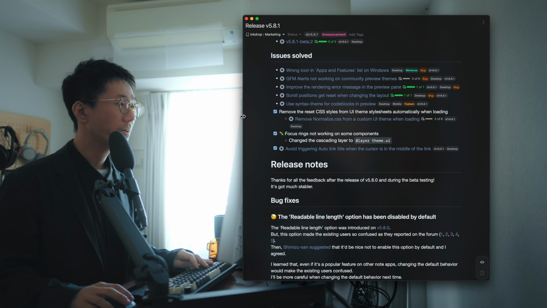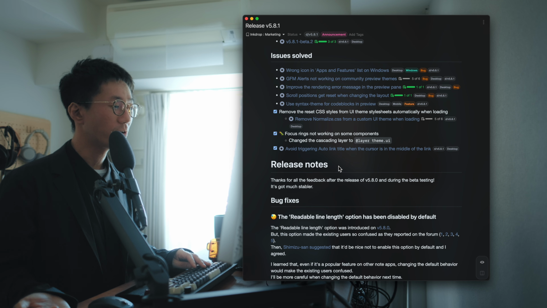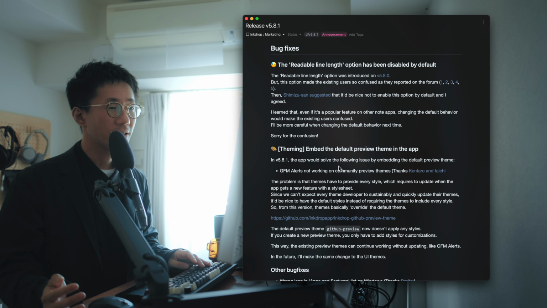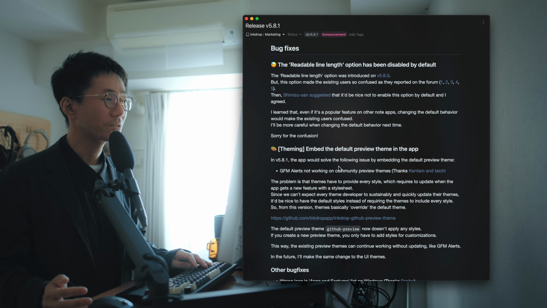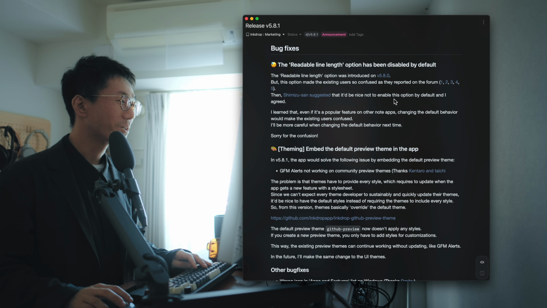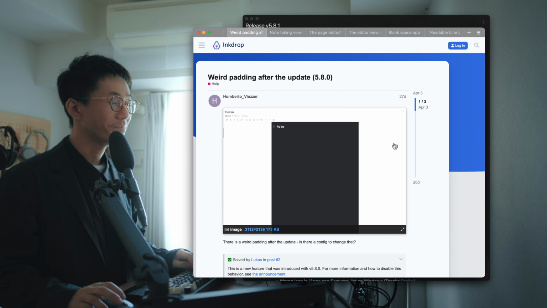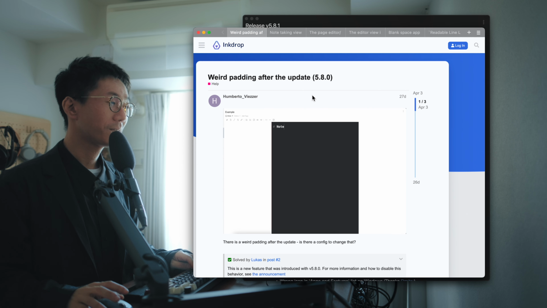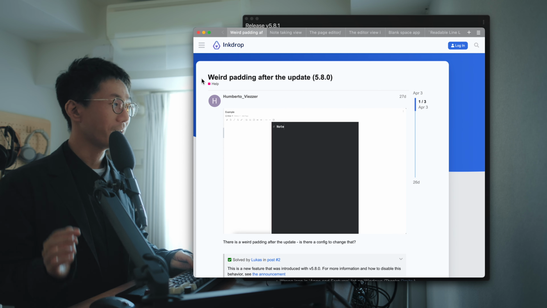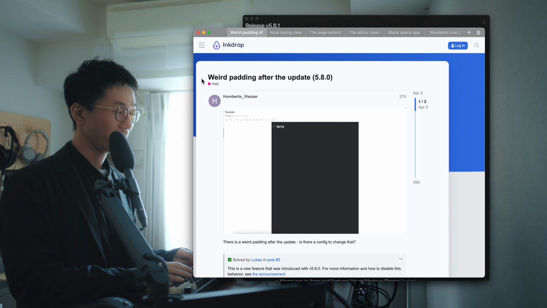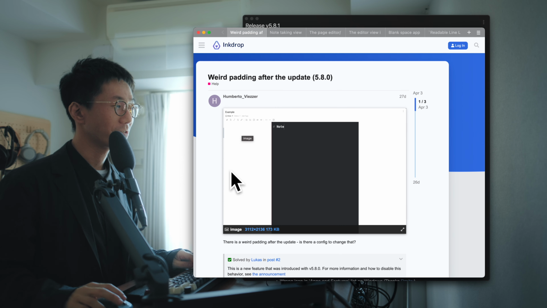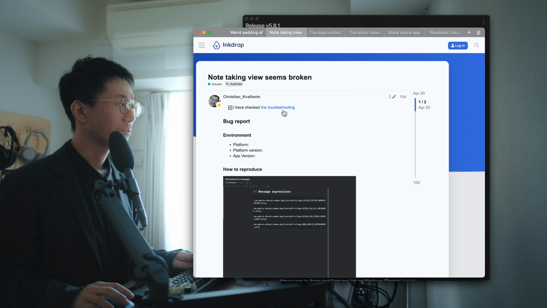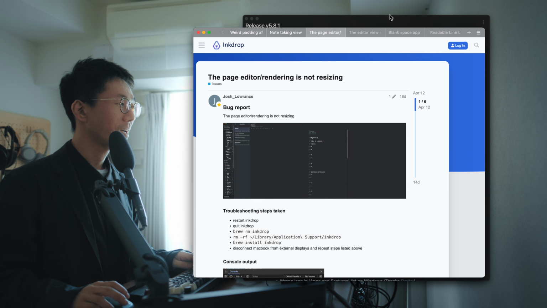I thought it is a very popular feature for note-taking apps, but it made most existing users confused, because I've got so many bug reports like this one reported by Humberto. Thank you for reporting. He said weird padding after the update. So he is mentioning this space. And Christian also reported the note view seems broken. And here,